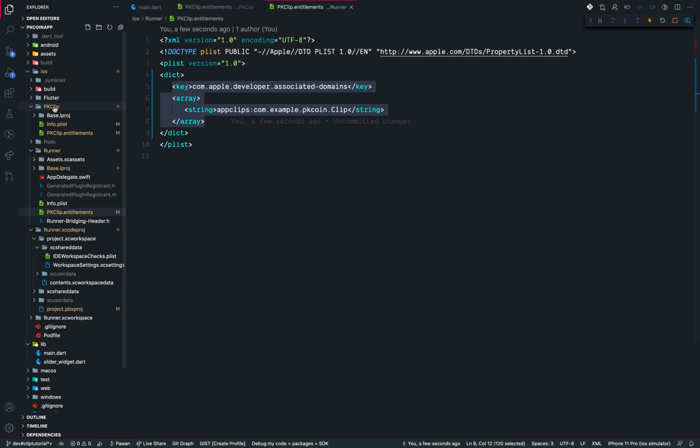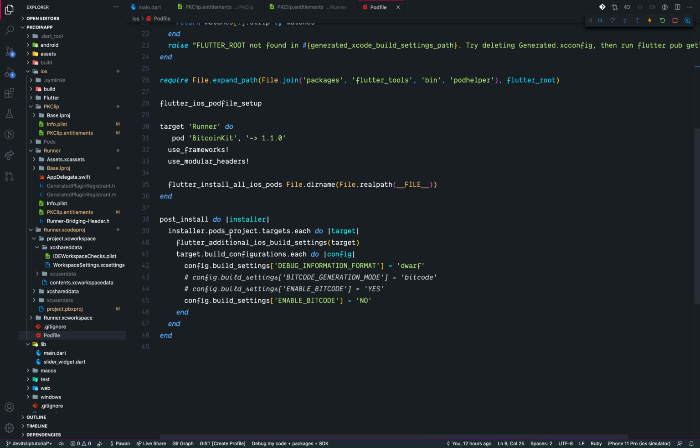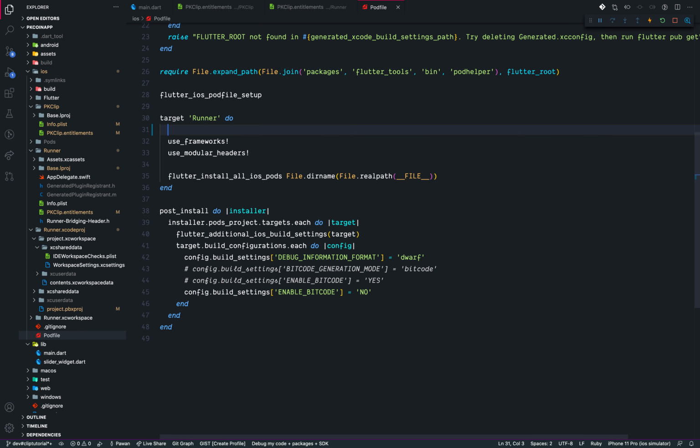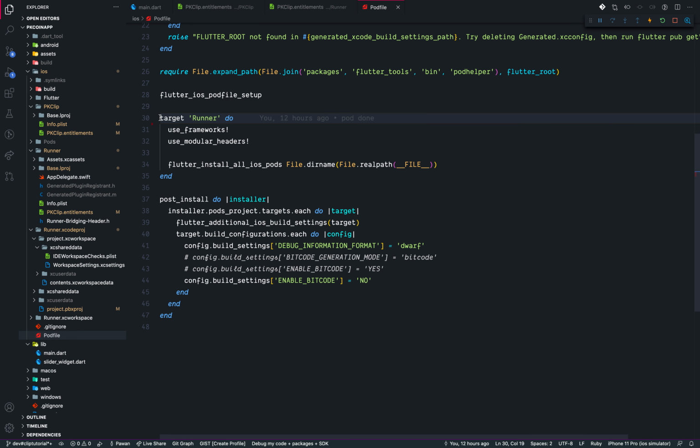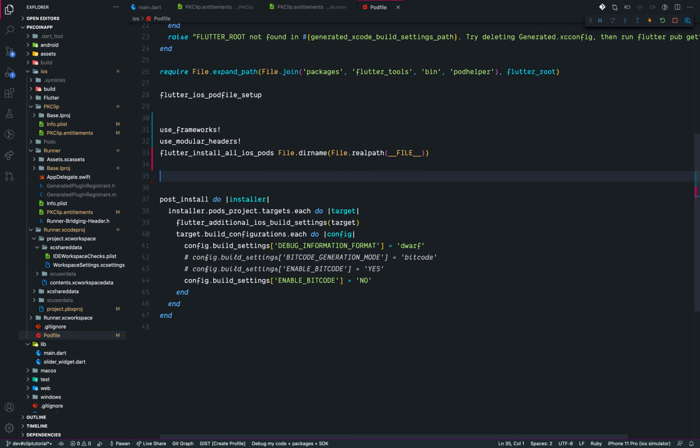So if I go back to my pod file here, you can see this is my pod file. Here you can see we are just having a target runner, right? Nothing else. But we need a target PK clip as well, right? Two targets basically. So what I'll do, let me just remove this a little bit, and we will add two targets.